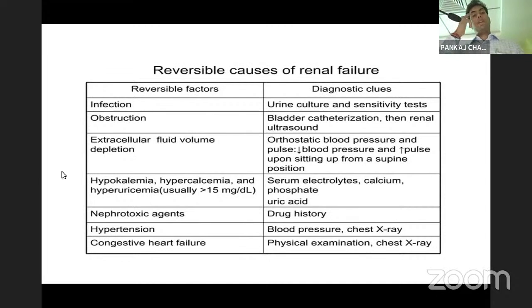Reversible causes of renal failure are reversible factors, infection, and